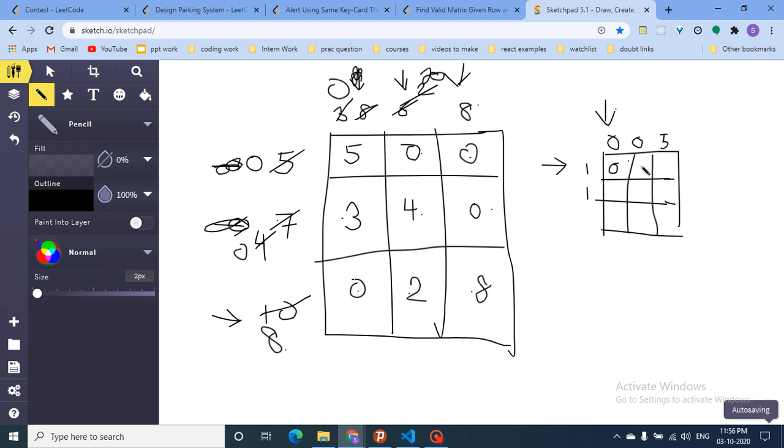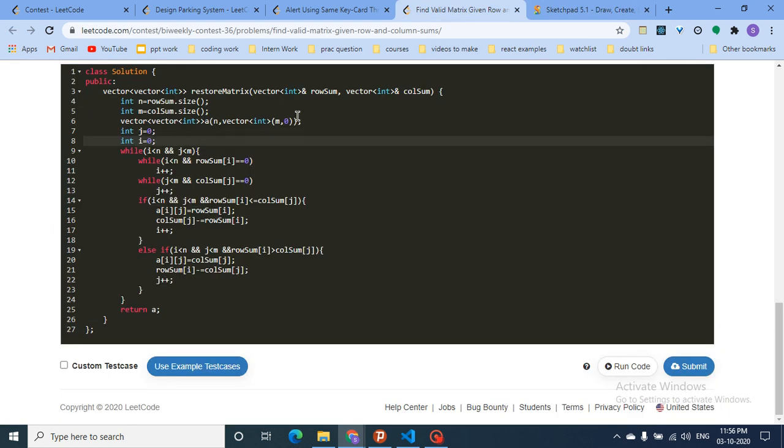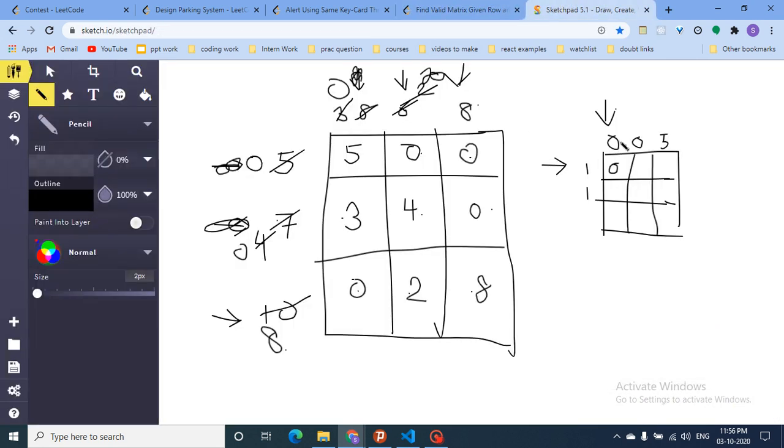But because everything is initialized with 0, I have made a vector initialized with 0. So everything is initialized with 0, and I don't have to do anything with this. As you can see also in this, when this pointer value turns out to be 0, we will move to the next point. So we will always ensure that my pointer will never point to a value which is equal to 0.